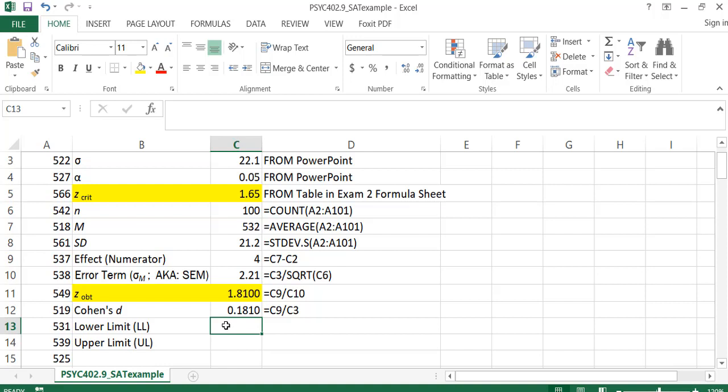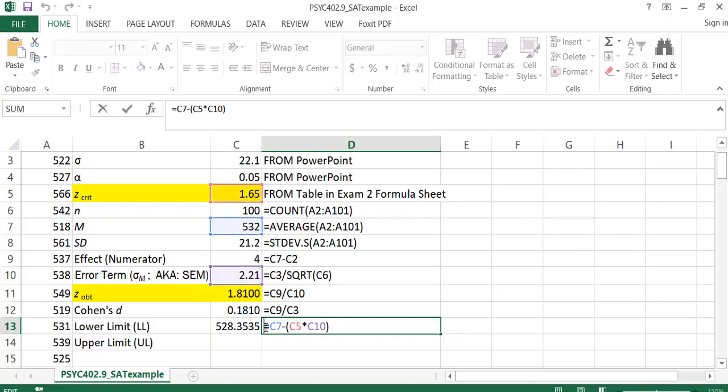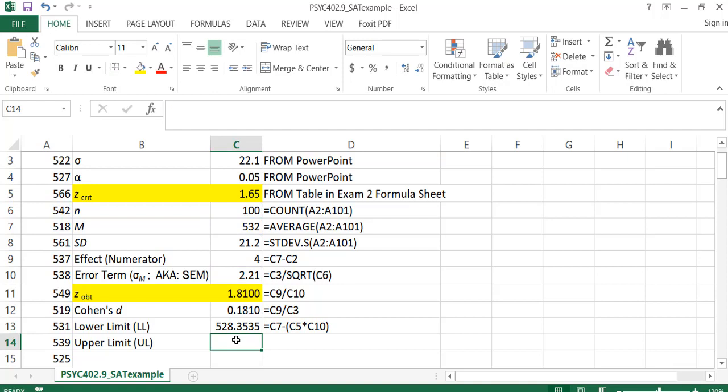And for these two, what we're really going to do is say, all right, what was the mean? And if I subtract Z critical times the standard error of the mean, that then gives me the lower estimate of where would this likely fall if we were to collect data again. And then for the upper limit, it's actually very similar code. And the only real difference is for the upper limit, we are going to add